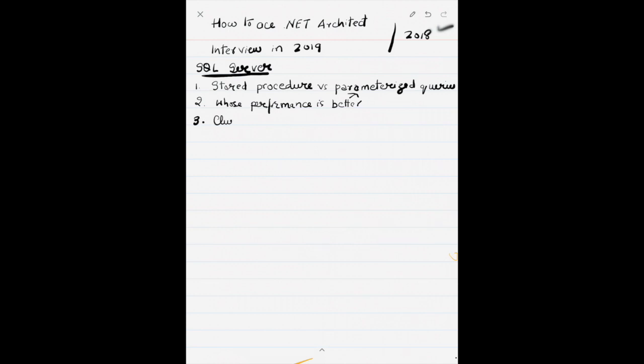First question, start from the stored procedure. Tell me which one you will use, stored procedure versus parameterized queries, and whose performance is better, parameterized queries or stored procedure, and what is the difference between clustered index and non-clustered index. So between stored procedures and parameterized queries, stored procedures used to be a good practice. Now it's a questionable practice. When you are doing stored procedures, there are a lot of